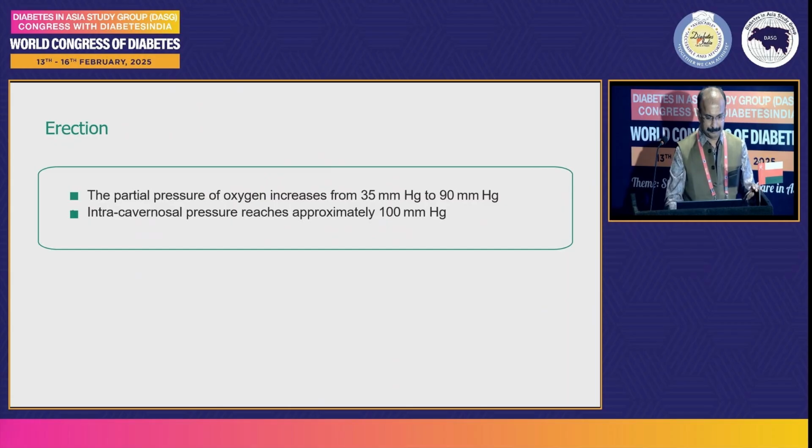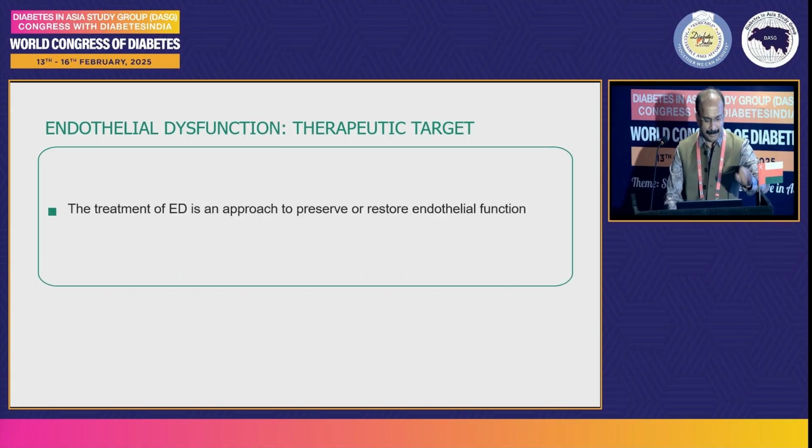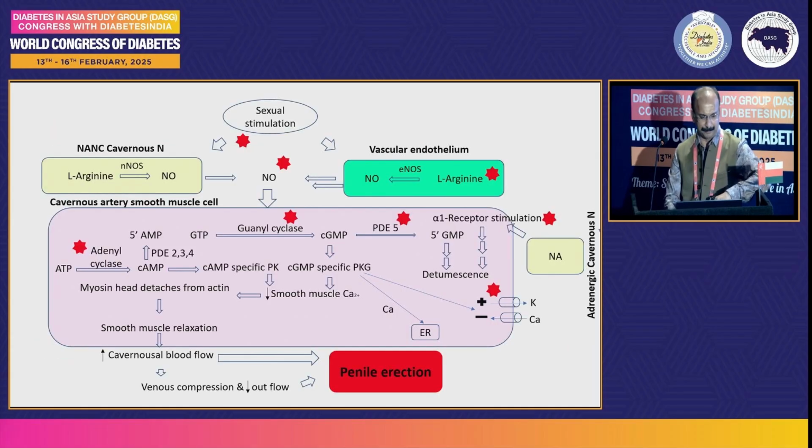So, coming to endothelial dysfunction as a therapeutic target for treatment of erectile dysfunction, the treatment of endothelial dysfunction is an approach to preserve or restore endothelial function, and control of various risk factors by lifestyle modification and control of risk factors like hypertension, dyslipidemia, and glycemic control all help to improve the endothelial function and thereby helps in reducing or improving the erectile dysfunction. So coming to the various pharmacological agents, the mechanism we have already seen, those agents which